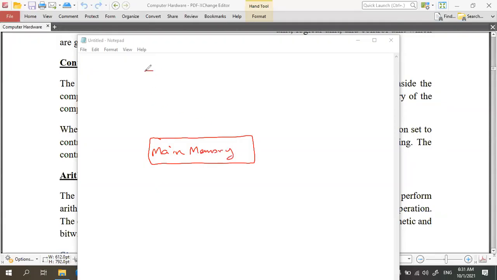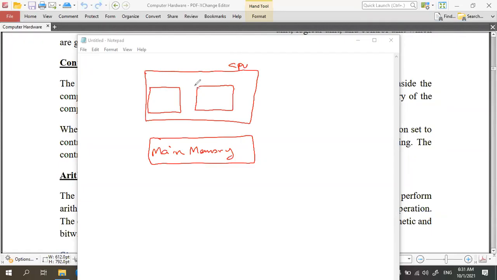And the central processing unit is here. This is the central processing unit, and it has the control unit and the arithmetic and logic unit. And further it has the memory unit, registers.